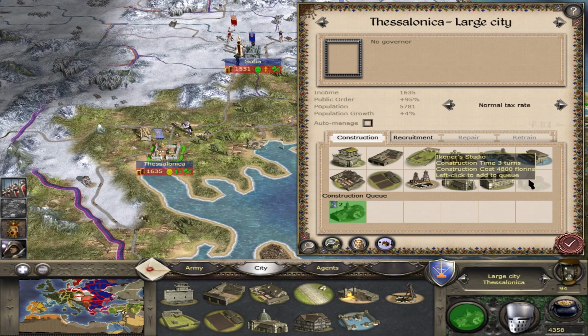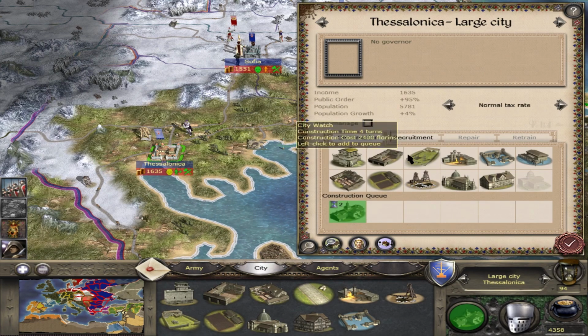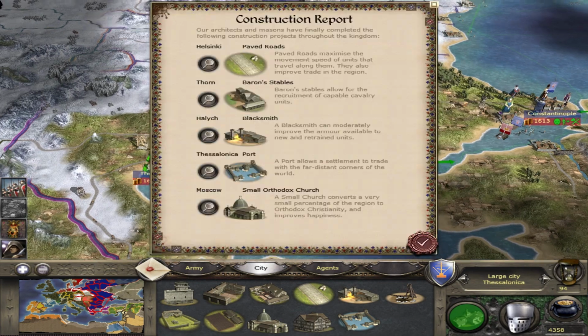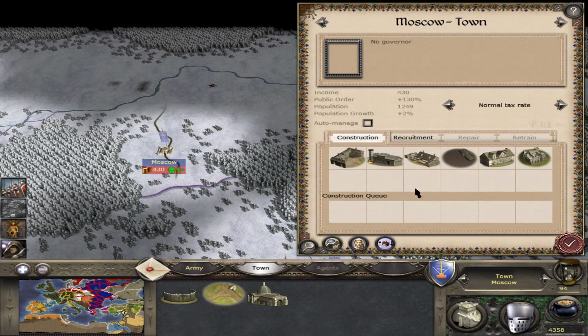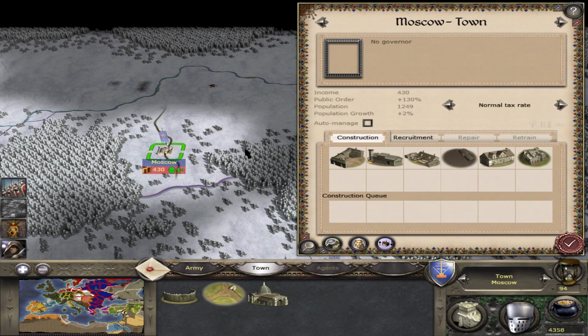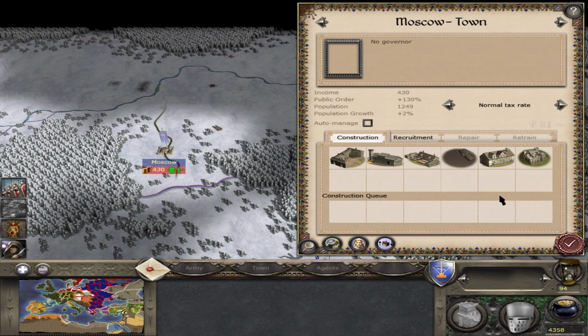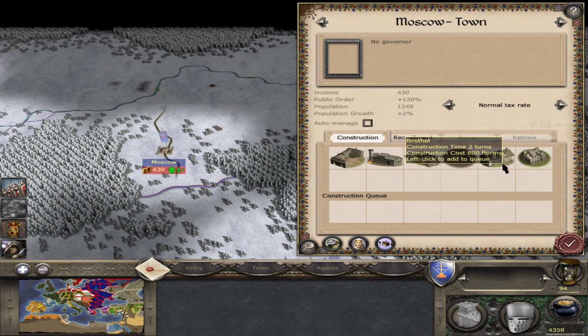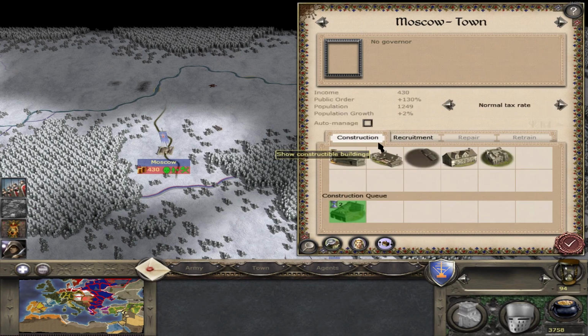Okay, I'm going to get a town hall. Moscow built a church. Let's now build. I'm going to take a wild guess that this is low fertility. Yeah, so I'm not going to prioritise the farms just yet. I will get a brothel. No, wait. I'll get a town watch because we need to recruit actual